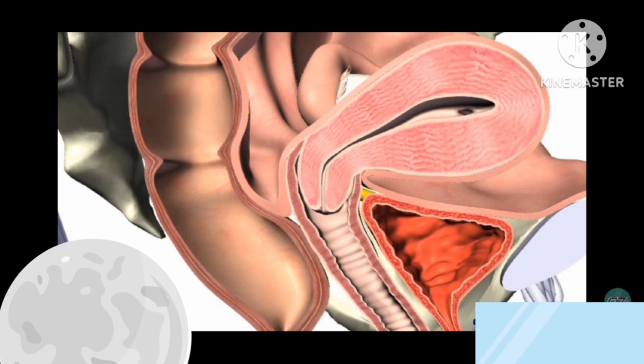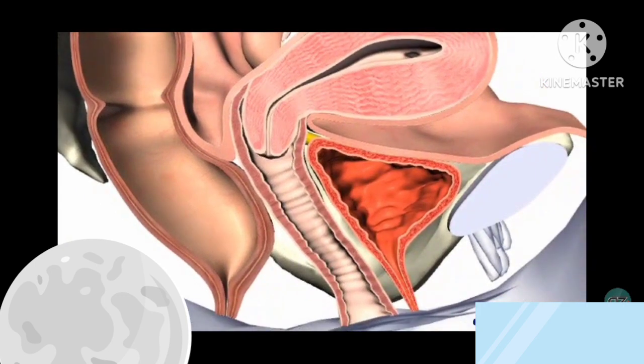So the lower part of the female reproductive tract is the vagina. And this is a fibromuscular tube, and as you can see, it lies anterior to the